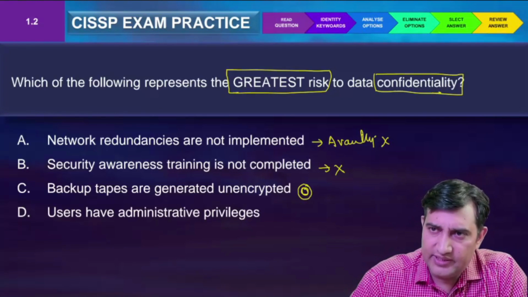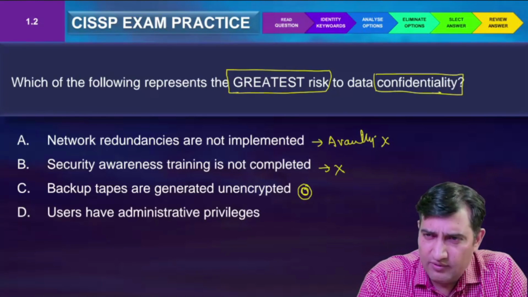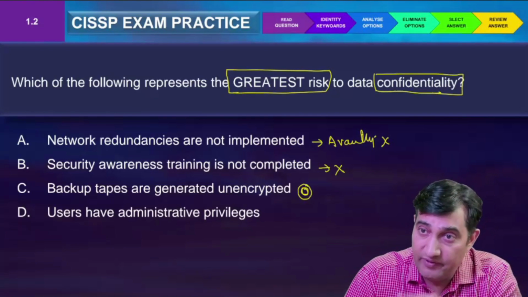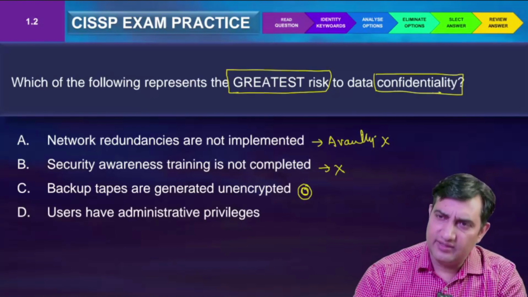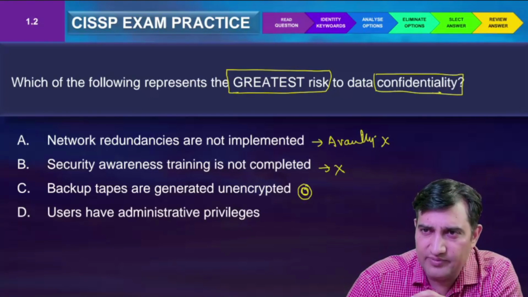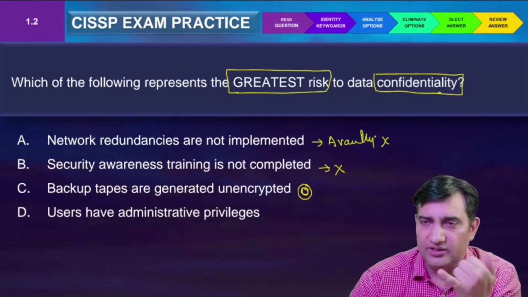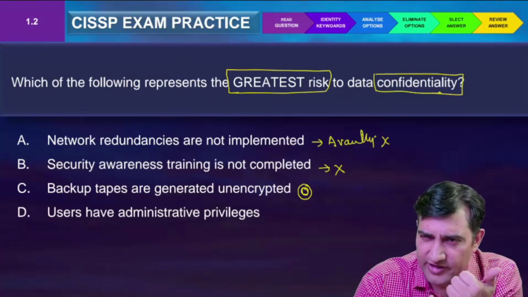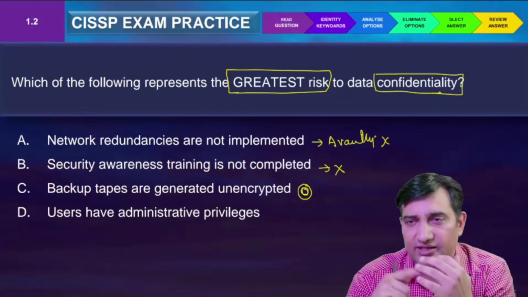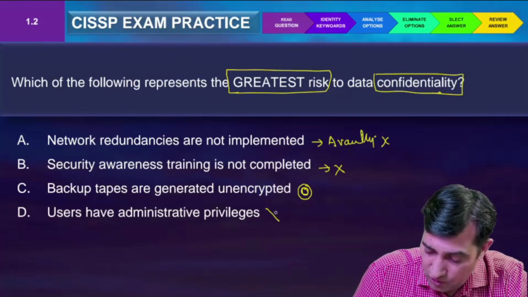Users have administrative privileges. Yes, if people have administrative privileges, then what? We need to have administrative privileges, right? Yes, unauthorized use of the administrative privilege and giving more authorization than required is a problem. But this option is not hinting at that. This says users have administrative privileges. Even if that is the case, what will happen? This will not only impact the confidentiality part. People can go and modify data, people can make unauthorized changes, and that is where the system can go down. It can also impact availability as well. So that is why we also rule it out.